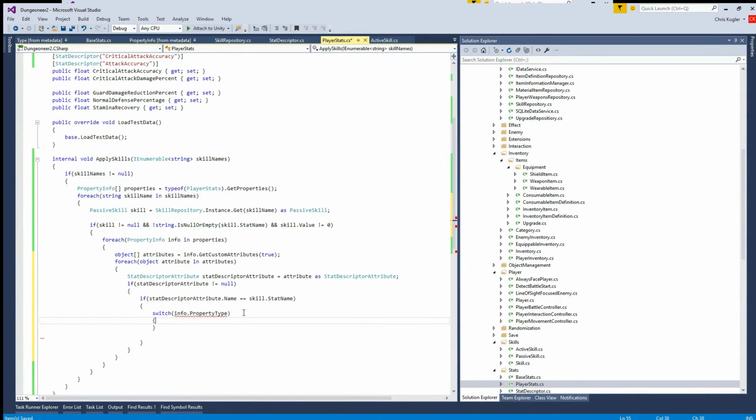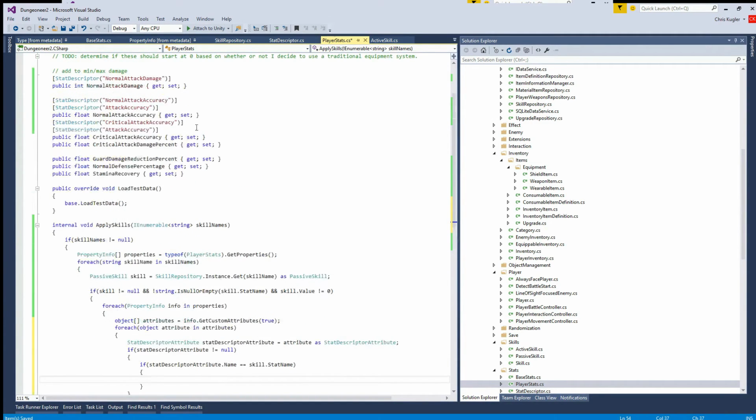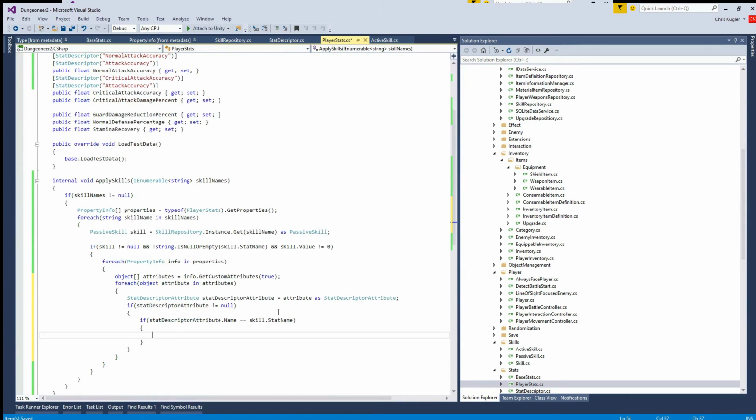That I do not remember. I'm pretty sure the answer is no. Yeah. So the fact of the matter is though, I've only got ints and I've only got floats. So I will not think about this too hard for the moment. I might come back here and need to clean this up later,